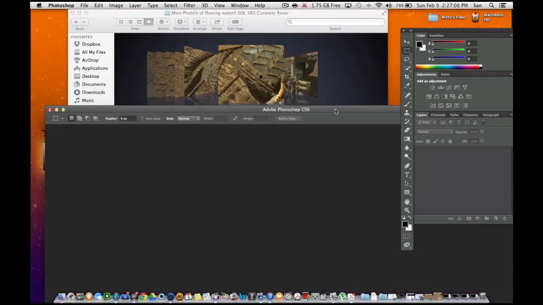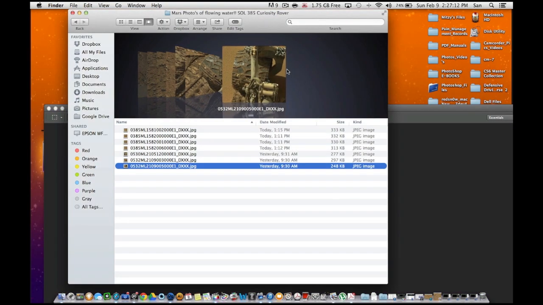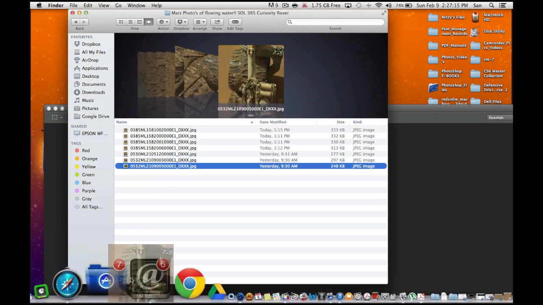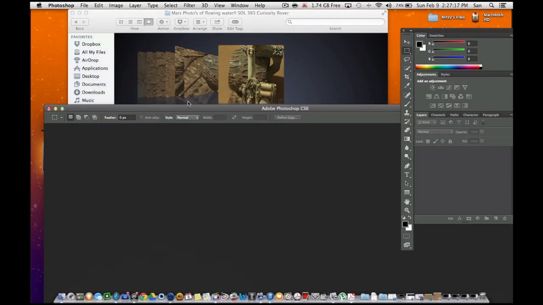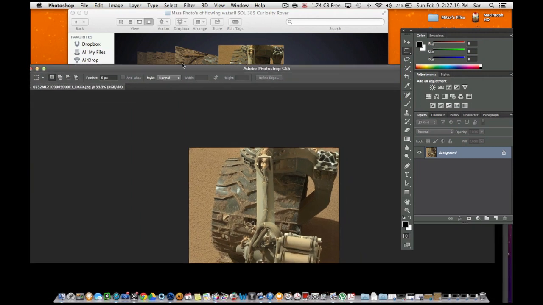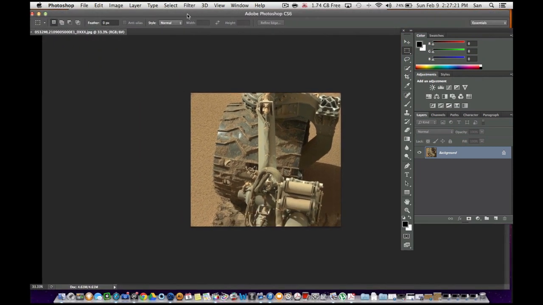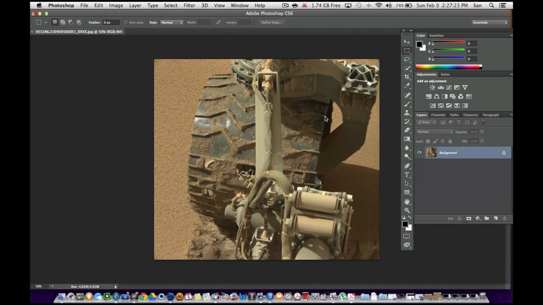I do believe it's in the back here. If you hear my son crying in the background, that's probably what it is, because he's 2. So let's go ahead and take this and drag this into Photoshop. Now, if you don't have Photoshop, there are plenty of other software programs that you can use that will have some same effect.